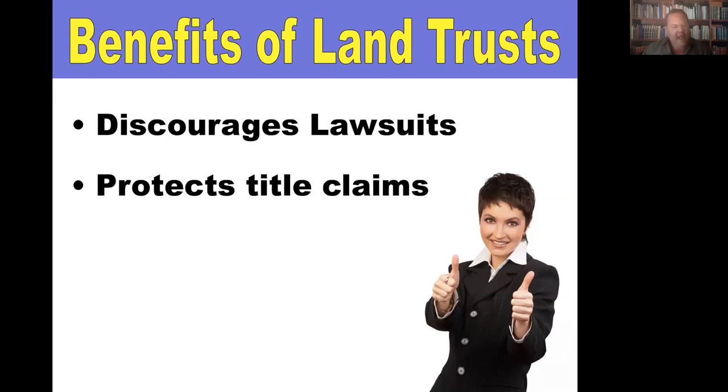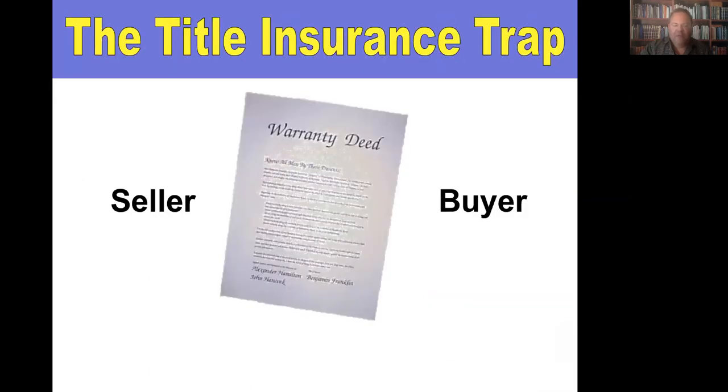This is a real eye-opener if you've never heard this before, so pay careful attention. A lot of people sell property and they use a warranty deed. What does a warranty deed mean? A warranty deed contains a warranty of title. It guarantees that unless disclosed on this document, there are no liens or claims against this property. That's usually why it says it's subject to homeowners association rules, county regulations, and unpaid taxes for the prior tax year, because taxes accrue, but they're not paid until the following year. So you have to say on the deed, except for taxes accrued but unpaid, otherwise you're breaching the warranty by not disclosing that.